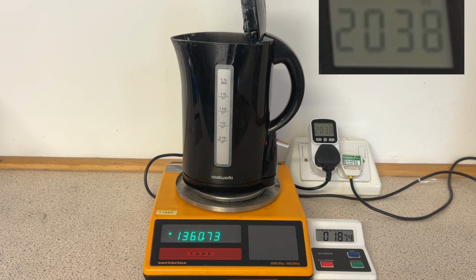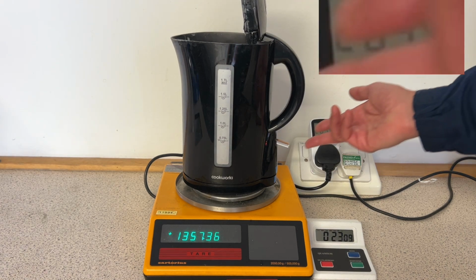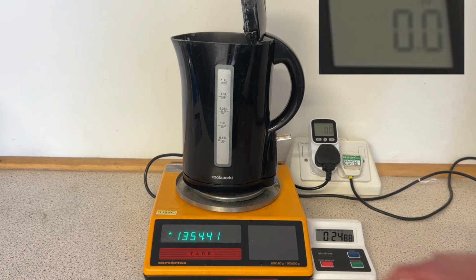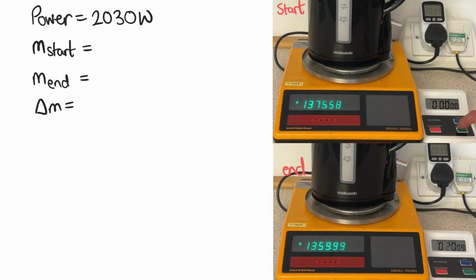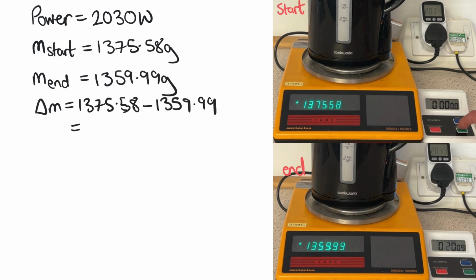The power has fluctuated around, but it's been about 2030 watts. So let's now do the calculation. Using still images from the video, we can see at the start there was 1,375.58 grams in total, and at the end this had reduced to 1,359.99 grams. So we can find the difference between those to give us a change in mass of 15.59 grams